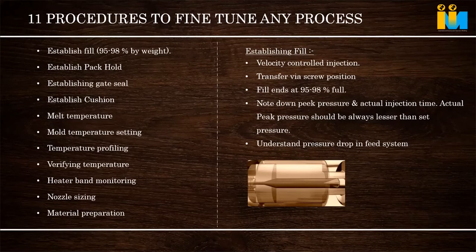If there is no cushion, no raw material left in front of the screw, then what happens? The steel screw will come and hit the head of the machine, and it will just rest on the machine head. One, it damages the machine components also. Second, there will be no pressure transfer to the molten material inside the cavity. Only through the material is that pressure getting transferred.